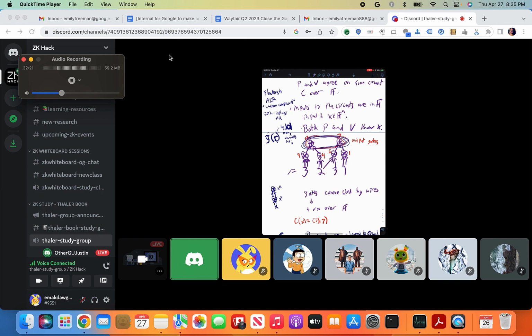The prover and verifier will then invoke the sum check protocol, and at the end of the sum check protocol, the prover will be essentially forced to make a claim about